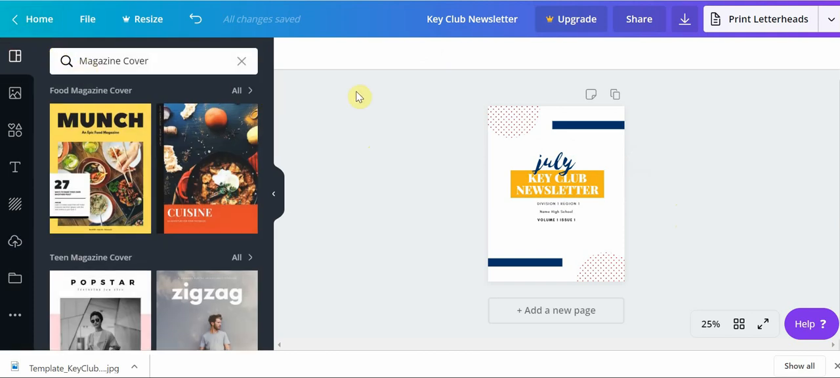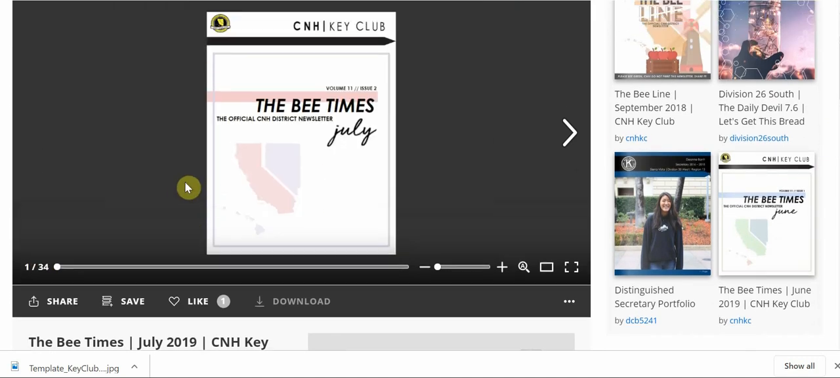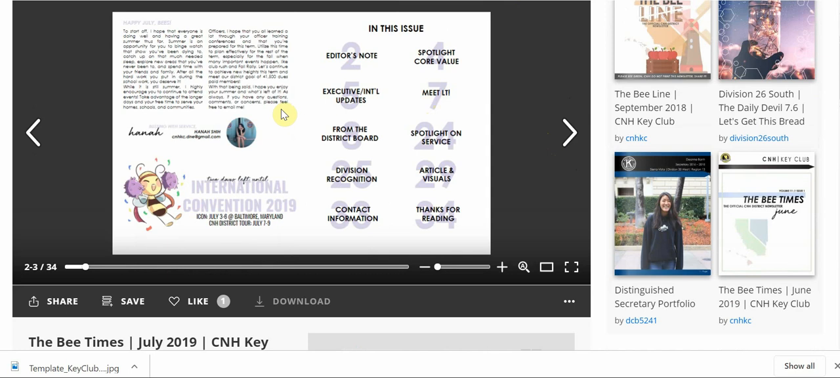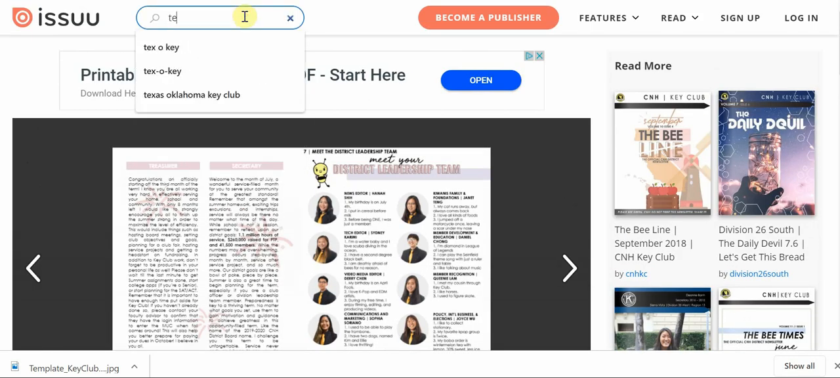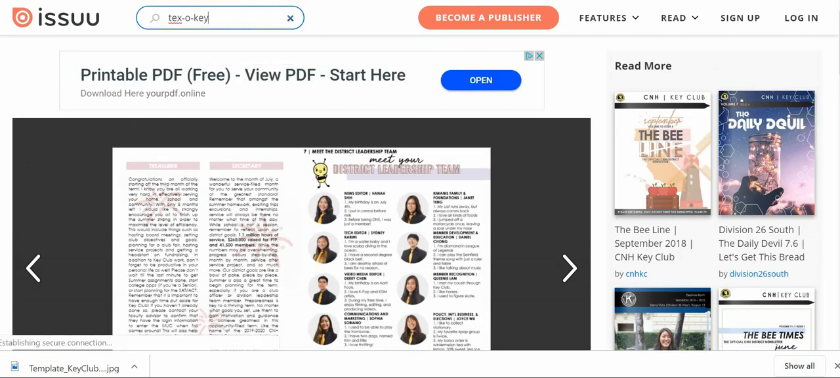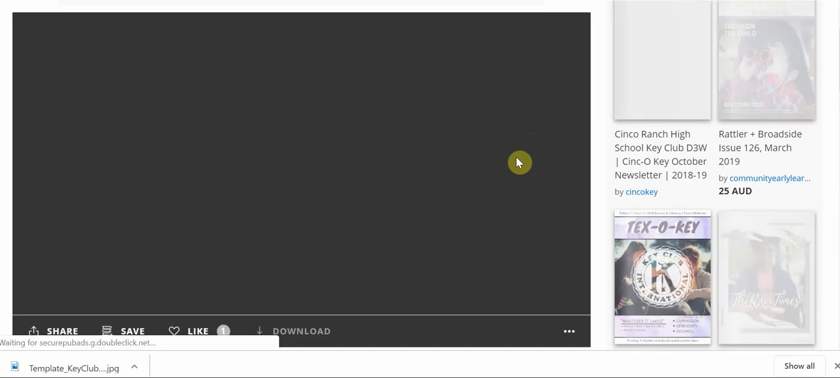making a visually appealing newsletter is to look at them and find a source of inspiration. So if you go to Issuu, you can find a lot of nice newsletters. This is C&H's newsletter for July, and I really like the way that the colors match as well as the organizational format. You can also look at the newsletter that I made last month, the text of key. Please excuse my shameless self-promo, but